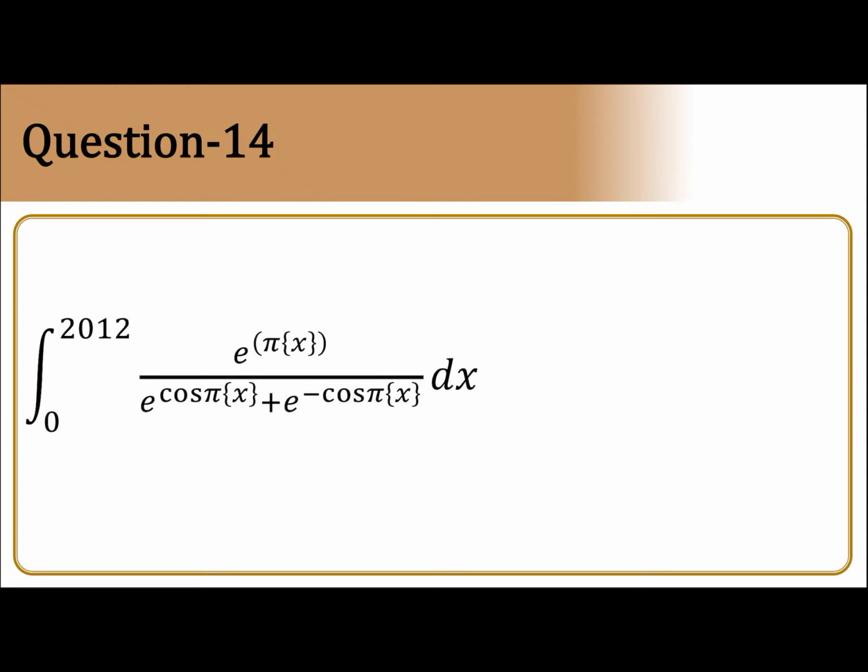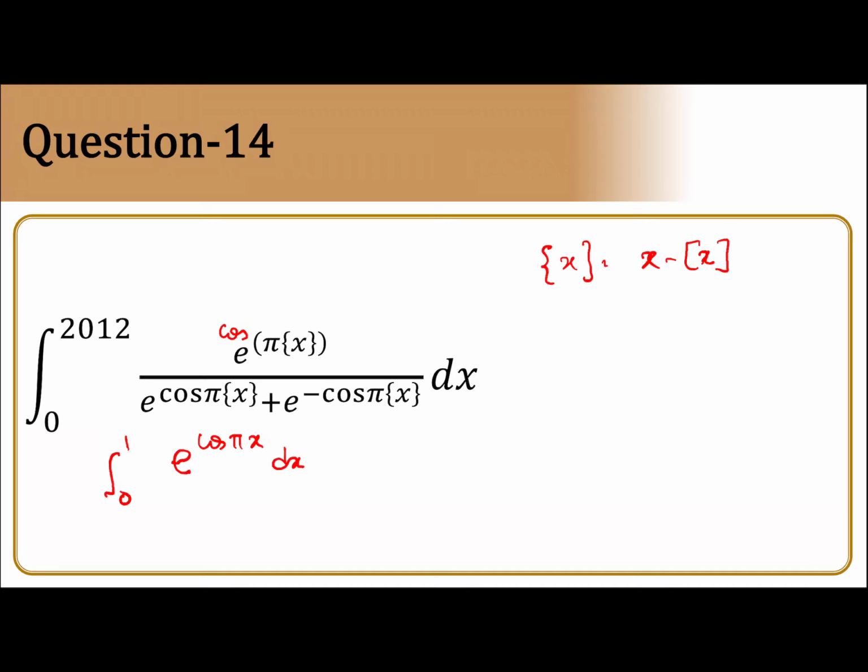Switch on to question number 14. Question number 14, here fractional part of x. So fractional part of x is equal to x minus greatest integer of x. Whenever fractional part is given, please always write it in the form x minus greatest integer x. Automatically you get it. Same way, we have to convert into fractions. 0 to 1. This becomes e to the power. The mistake is there. This is cos. They forgot to write it. This is equal to cos pi x